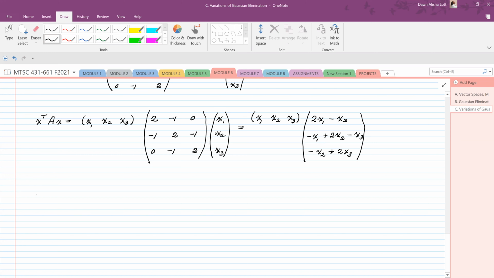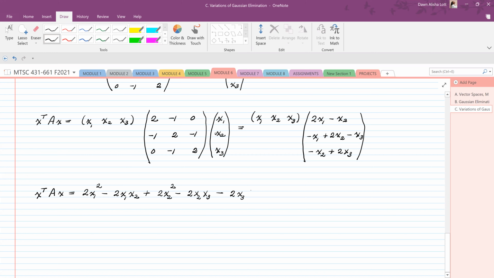And so then you get X transpose AX turns out to be 2x1 squared minus 2x1x2 plus 2x2 squared minus 2x2x3